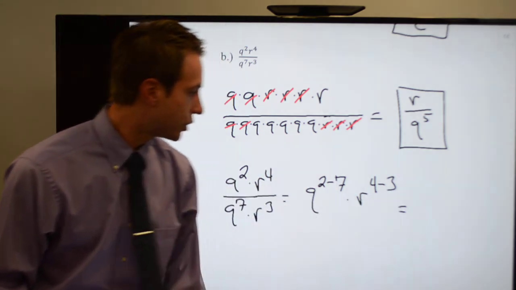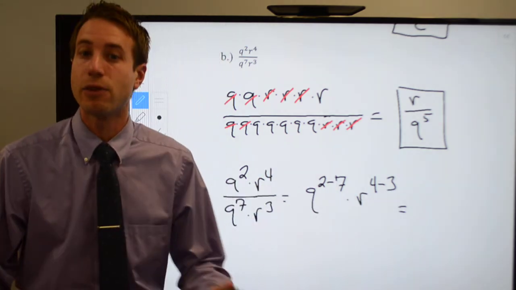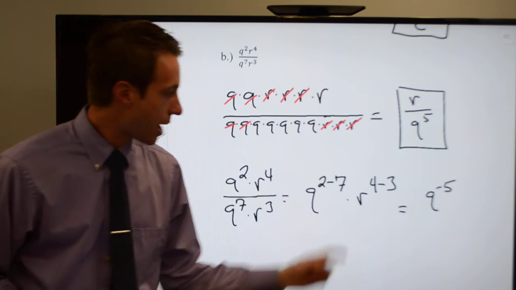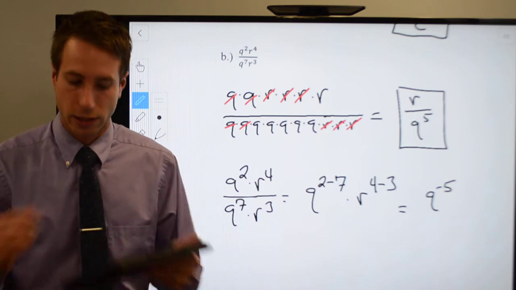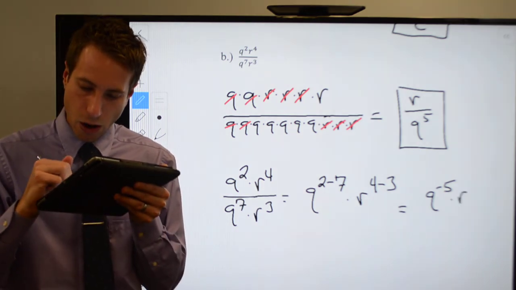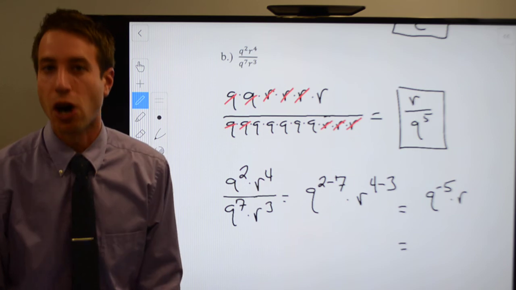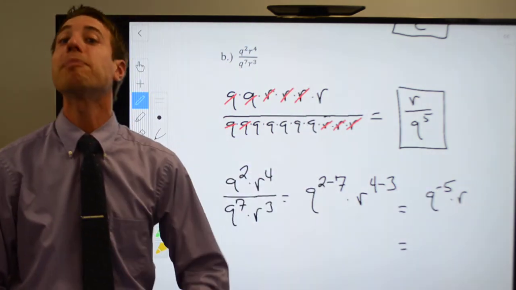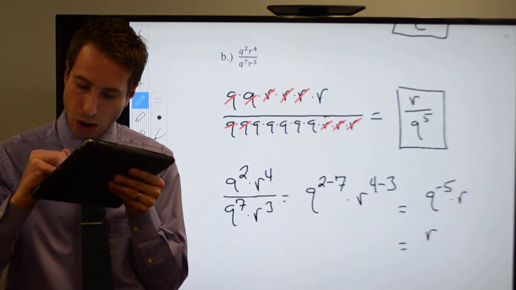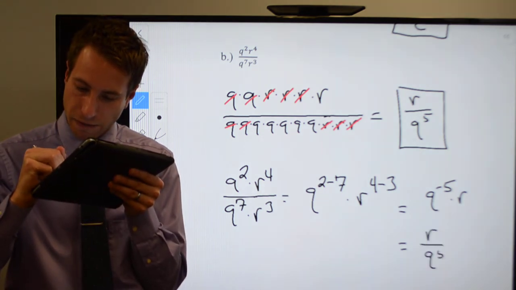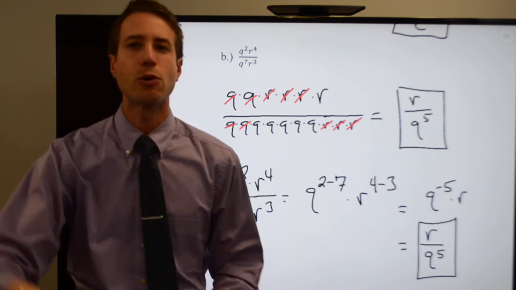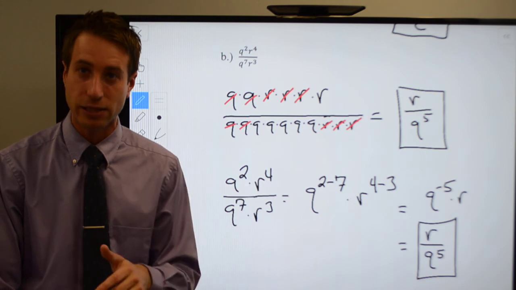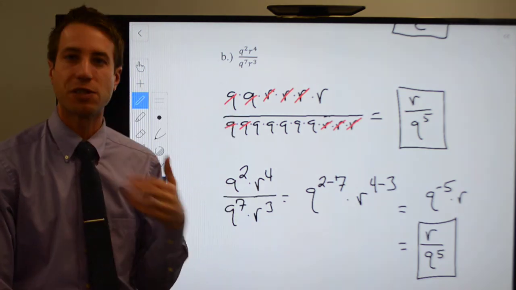Well, again, go ahead and do that. Q to the 2 minus 7 would be q to the negative 5th. And r, 4 minus 3, would be r to the 1st, times r. Well, to finish it off, again, you can't have negative exponents, so we're going to take that q to the negative 5th, drop it to the bottom, and that leaves you with an r over q to the fifth. Again, two different ways of doing the exact same problem. You get to the exact same answer. Again, if one of those fits your eye better,